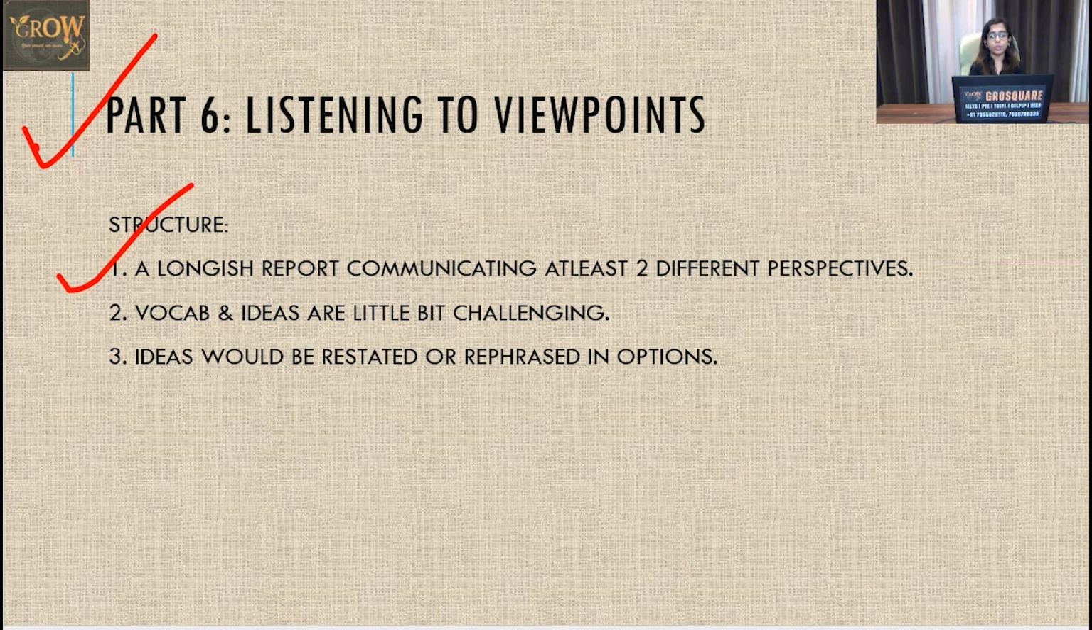So there will be a longish report communicating, right? The persons would be there. They would be having communication on at least 2 different perspectives, right? At least means there can be at least 2, but there can be at maximum 3 or 4 as well, right? Vocab and ideas are a little bit challenging since these sections are more scoring, right? So obviously we need to face more challenges in order to score well. So vocabulary and ideas are really going to be challenging, and you need to work on that for this section,